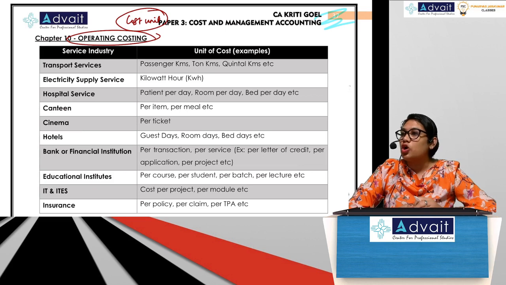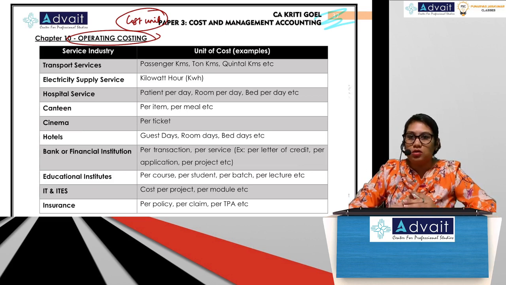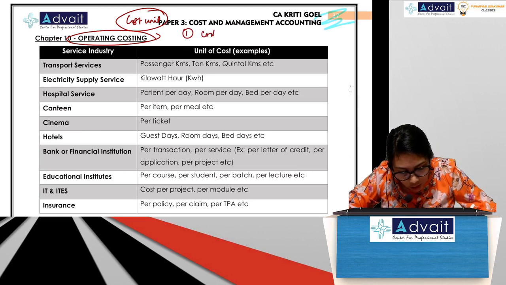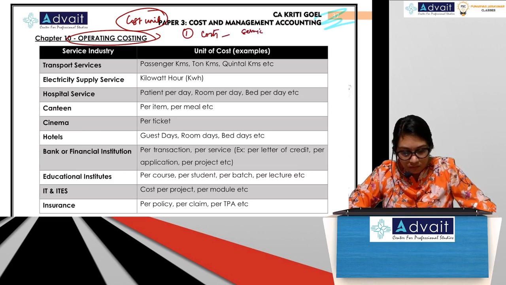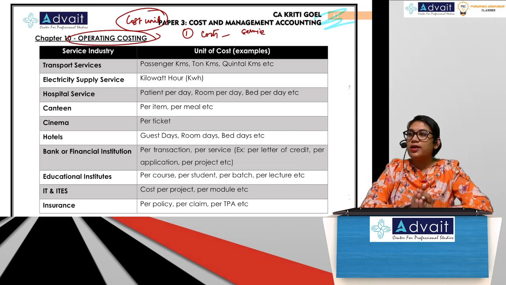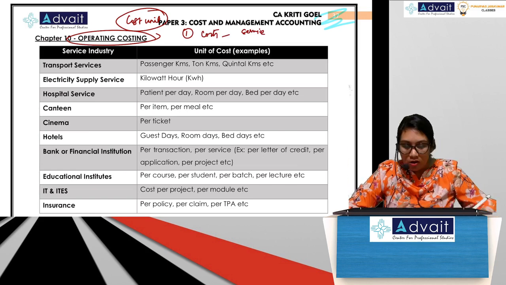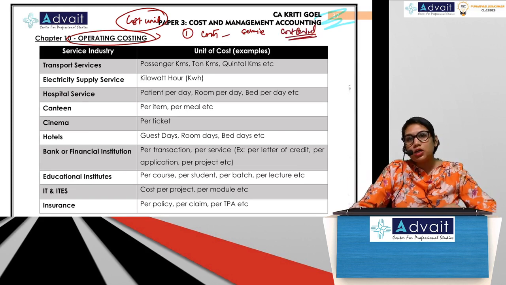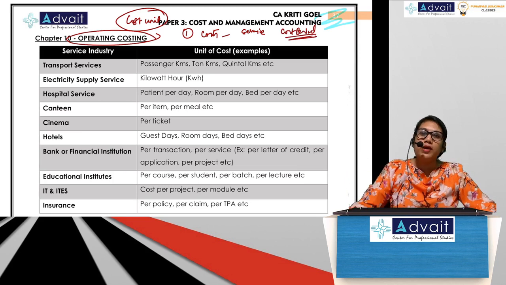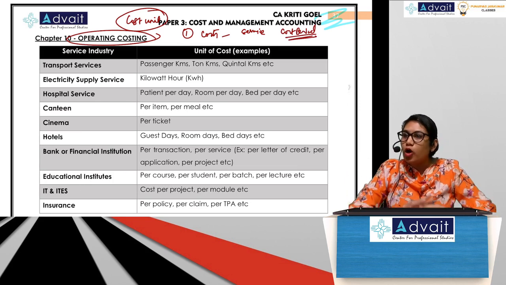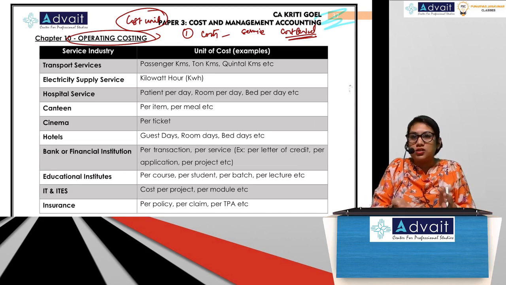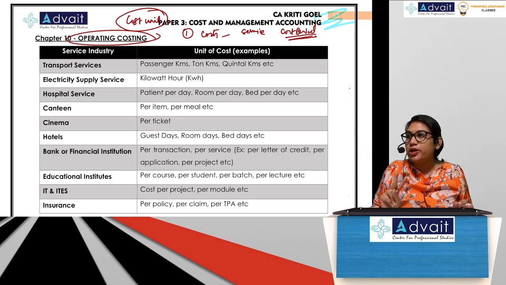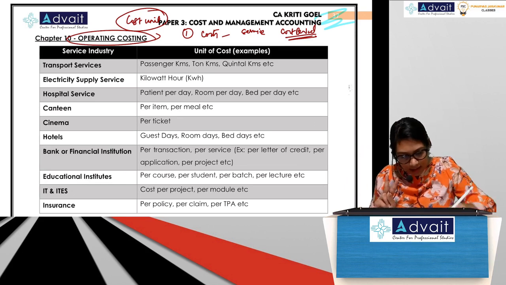So in service costing, you need to do only two things. What are those two things? First, you have to accumulate costs for that given service. So total costs associated with providing that service for your cost period, whatever the cost period may be. Cost period could be 1 year, 1 week, 1 month, whatever. So for that period, figure out what your total costs are when you're providing that service.